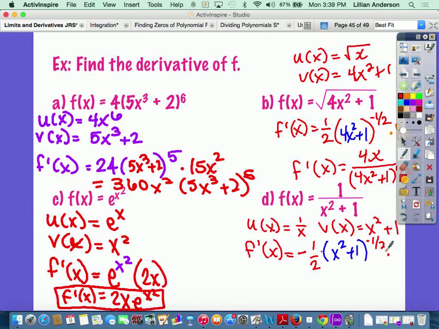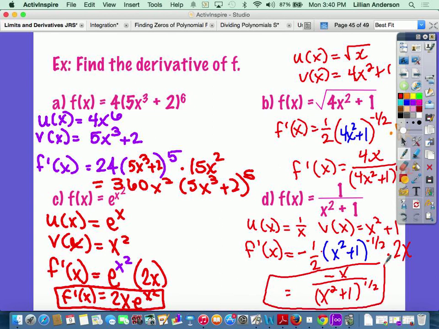And then I multiply that by the derivative of v, which is 2x. So multiplying together, I'm going to have negative x over x squared plus 1 raised to the positive 1/2. Now, yes, you could write these as radicals, that's fine. But if you feel more comfortable, you can leave it just with the rational exponent. And that's chain